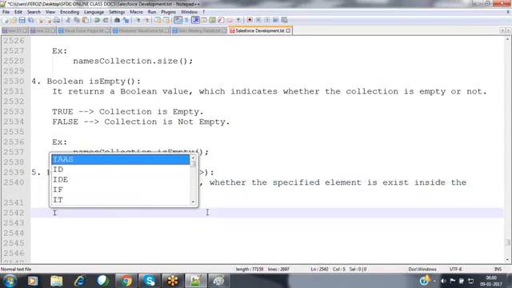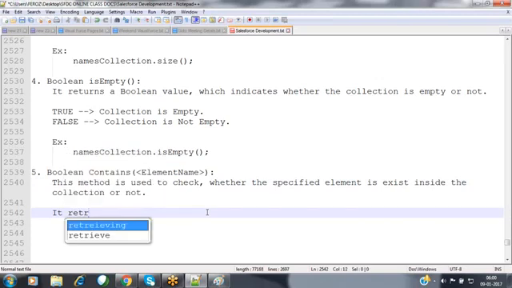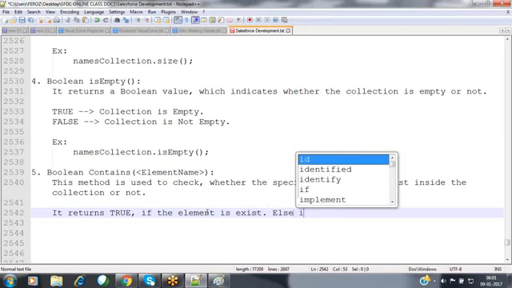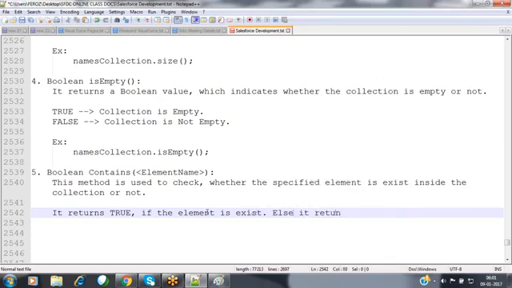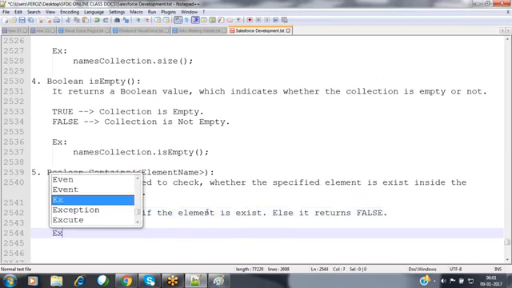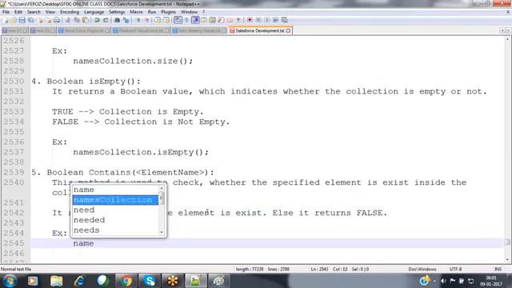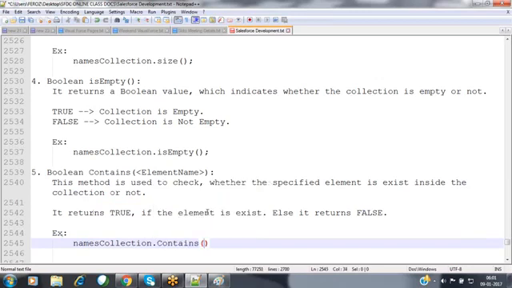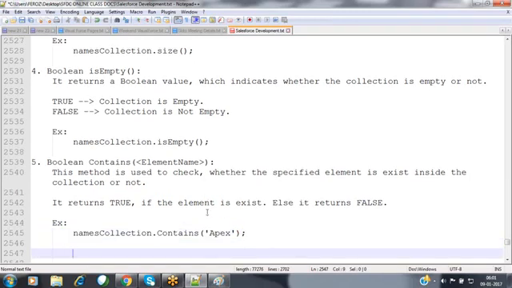Now, it returns true if the element exists, else it returns false. So further we can cross check, names collection dot contains of some apex. If the element is available, it will be returning true, or else it will be returning false.